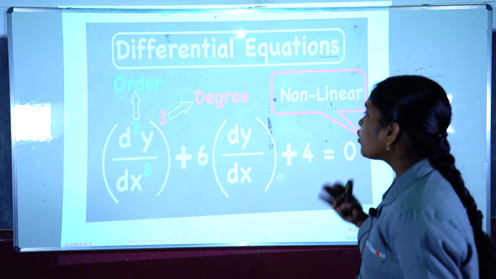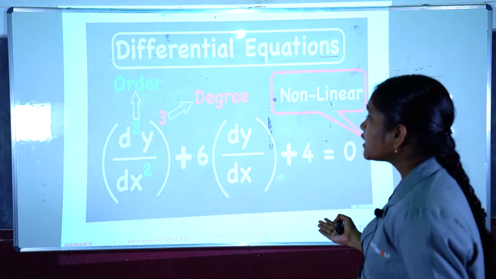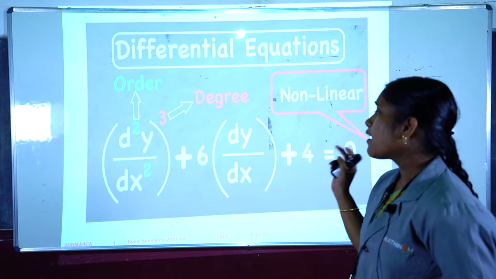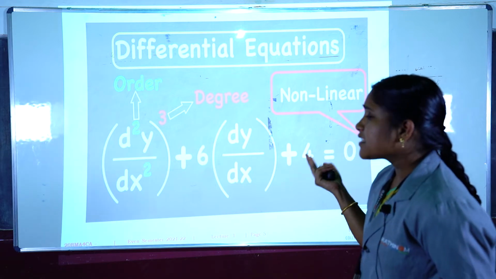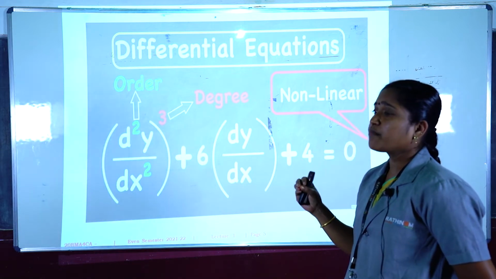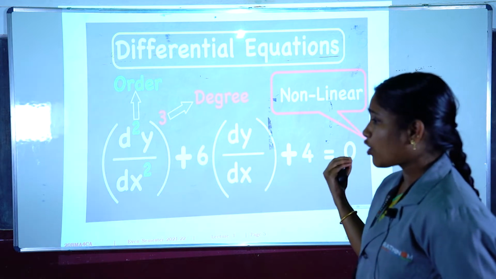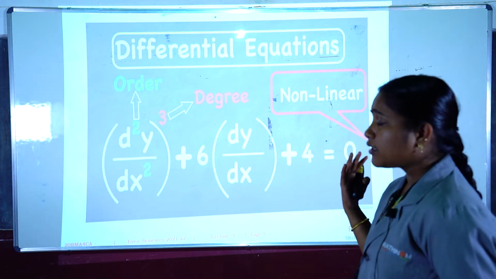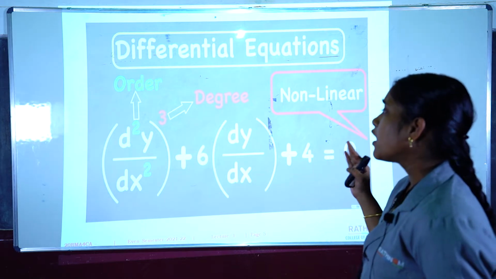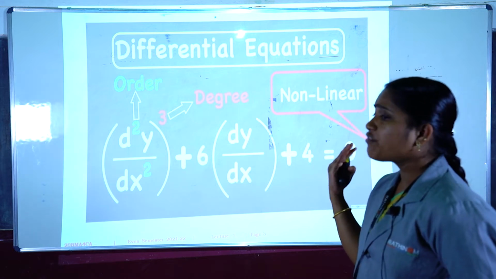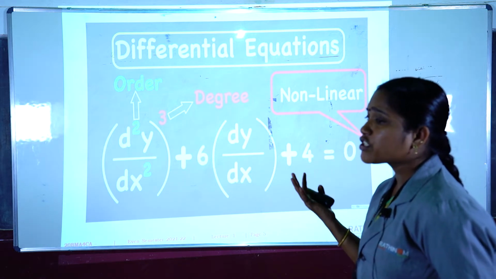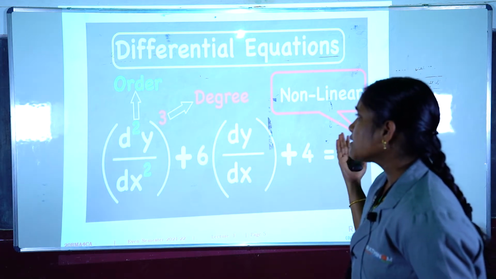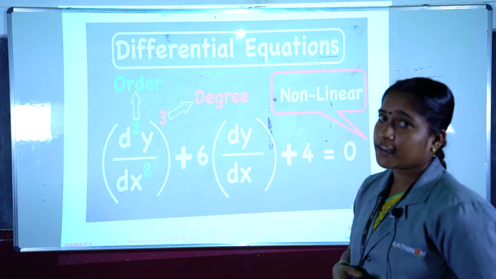Based upon the degree we can classify differential equations as linear differential equations and non-linear differential equations. Whenever an equation has linear derivatives, which means first order derivatives with first degree, it is known as a linear differential equation. Otherwise we call it a non-linear differential equation, which means derivatives or functions combined with exponential functions or trigonometric functions, or otherwise having higher order degrees.